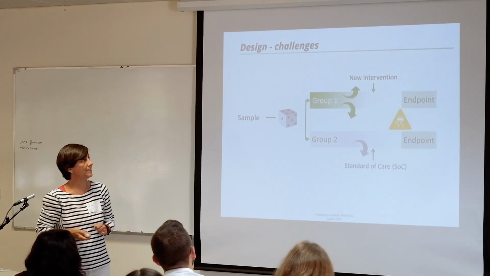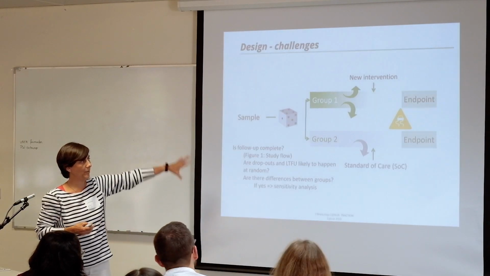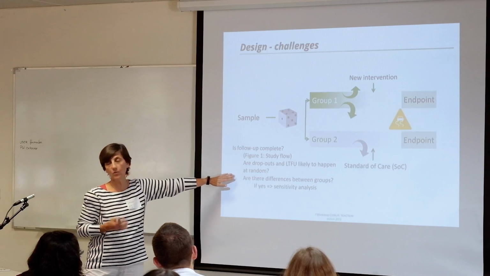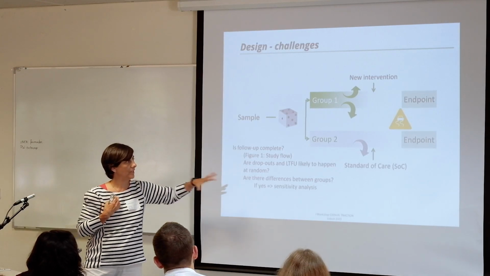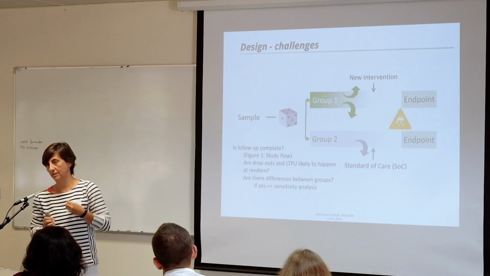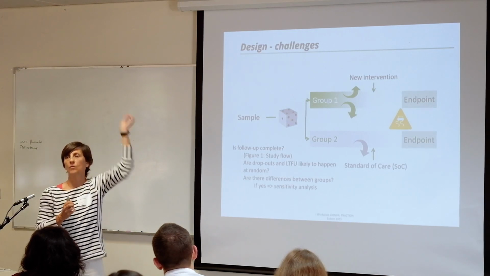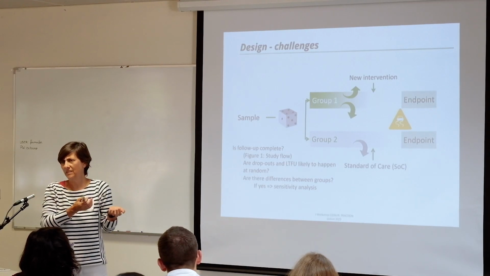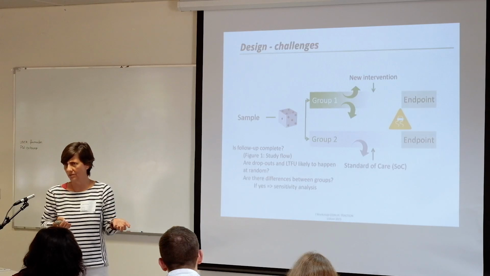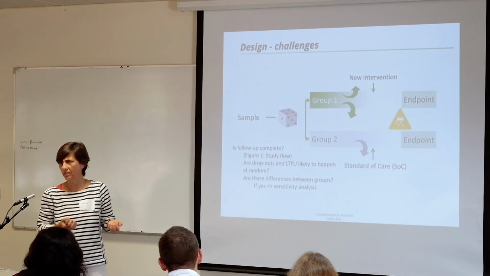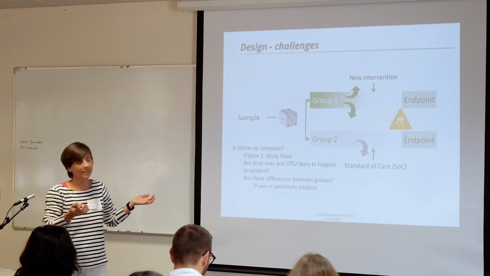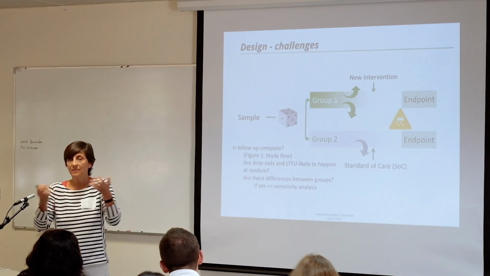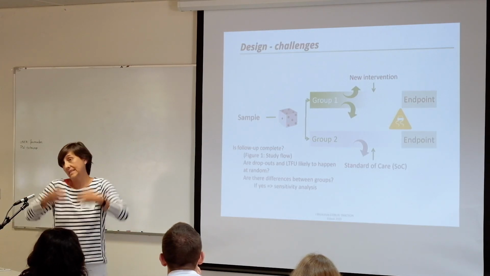So one of the things that can happen is that the follow-up is incomplete, right? So one of the things we have to understand is whether the groups are dropping out differently. If we have a group in which everybody is dropping out, we have to understand why that is happening, because probably this intervention is terrible. I don't want to go to that nasty nurse anymore, okay? Or whatever it is, you have to understand why this is happening, because maybe you can say that's inefficacy, right? Or that it is a side effect, okay?